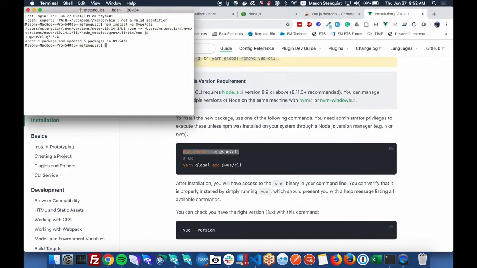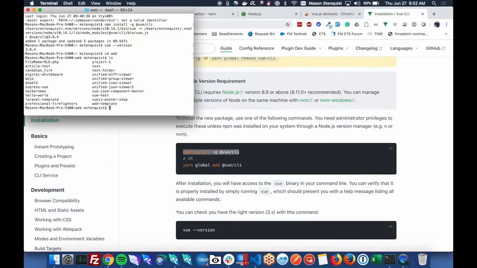All right, with that done, next we can just check the version, make sure it got installed. Yep, so I've got that installed. Up next, we can start creating our project. So I am going to change directory into my web projects folder. I've got a few other things in here. And then next up, what we're going to do is just start a new project. So there are command line commands for doing that.